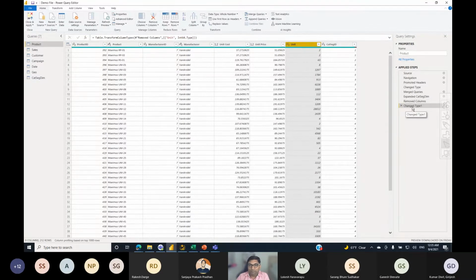And it's added a new. Also, as a best practice, I always suggest to go and rename this, say unit data type change instead of change type. Because when you have to revisit and understand what is happening in which step, it's hard to understand until you go and read the code. I always suggest to modify or rename this. So this is how the undo command works here.